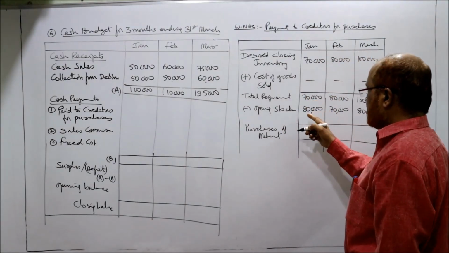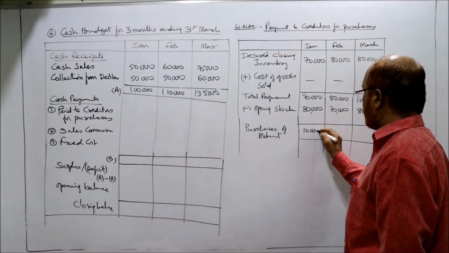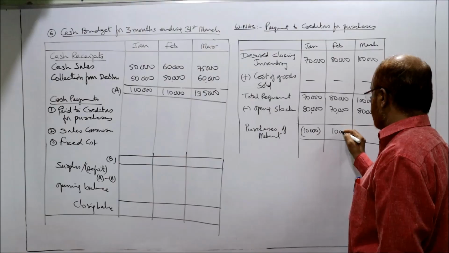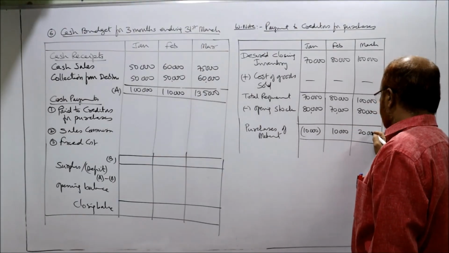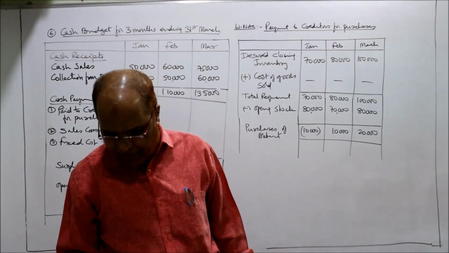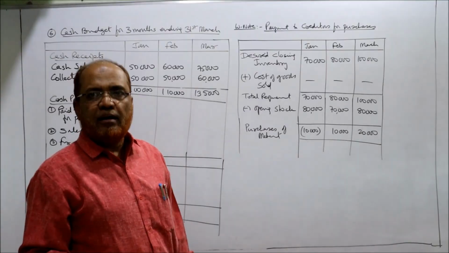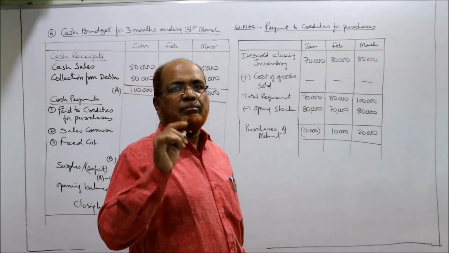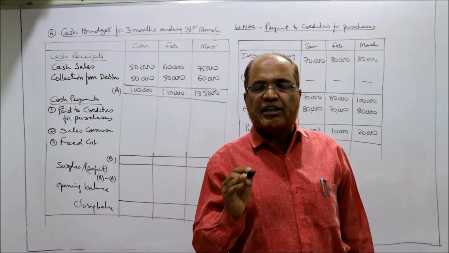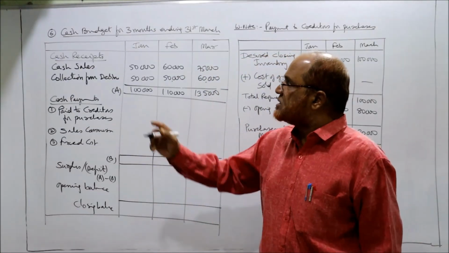Purchase of material. So minus 10,000 plus 10,000, 20,000. These are the purchases. Now payment will be made with 1 month delay. 1 month credit period we are getting from the creditors. तो दिसंबर के जो creditors है वो जनवरी में